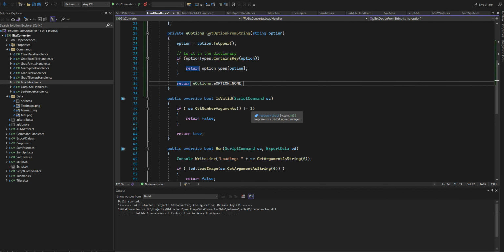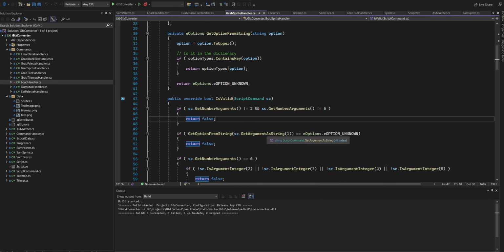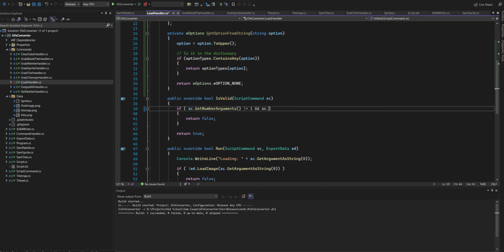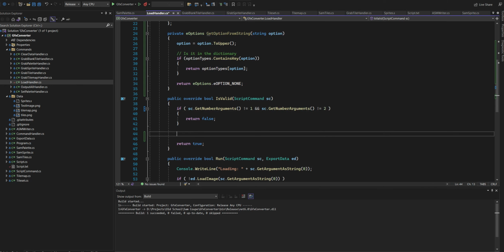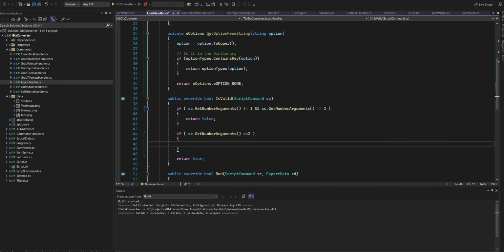So it's not equal to 1, and get number of arguments is not equal to 2. So get number of arguments equal to 2 if